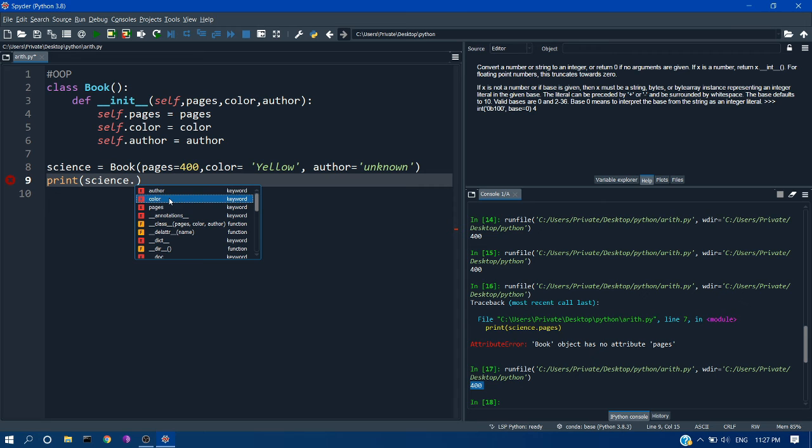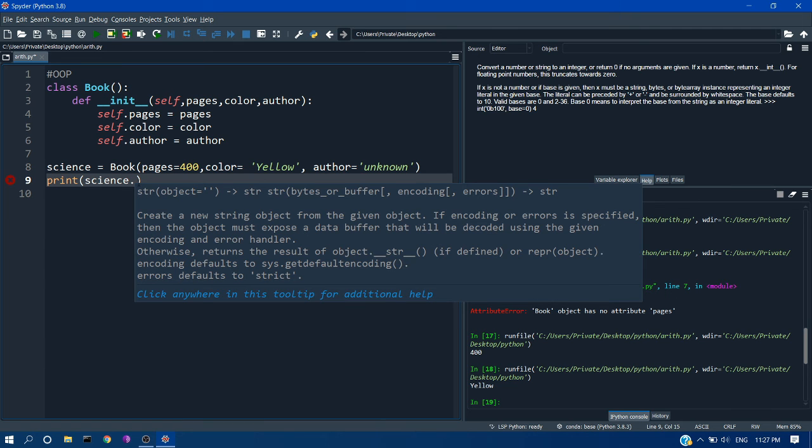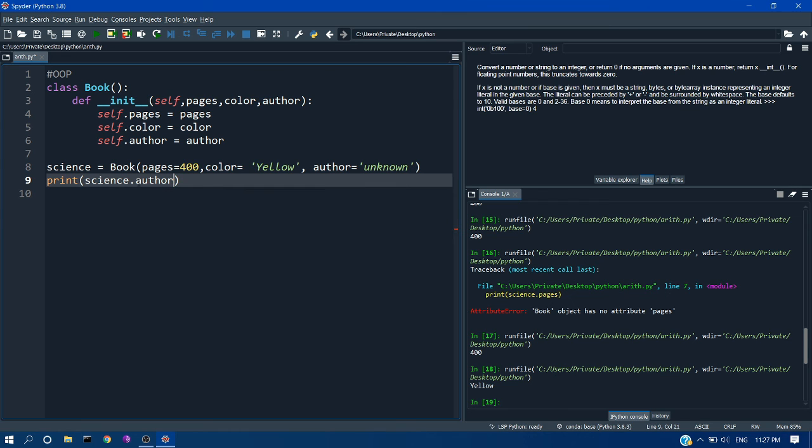If you want to see the color of the book, hit color and run. You can see the color of the book is yellow. These are like the characteristics of the object book. Our instance science book will have these characteristics which we defined earlier. If you want to see the author,